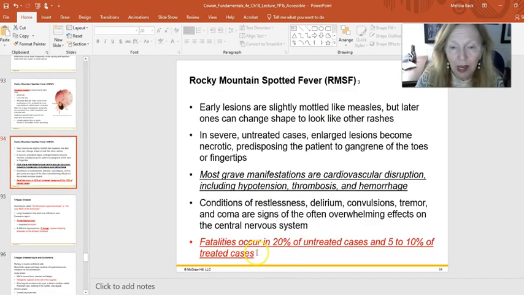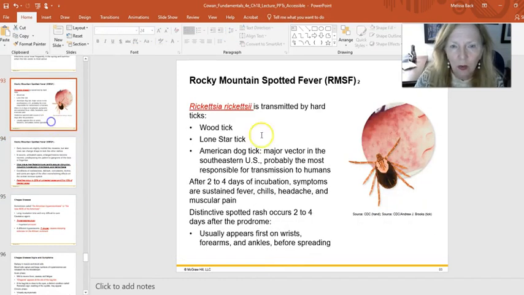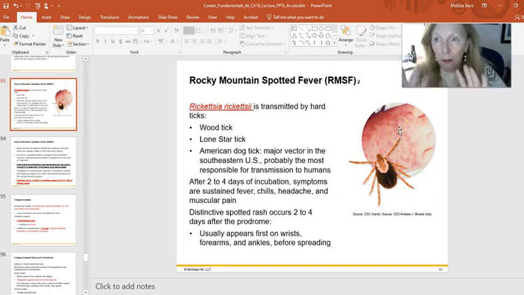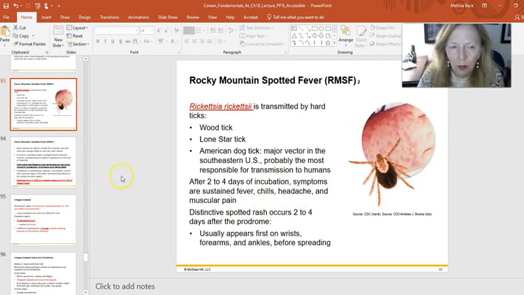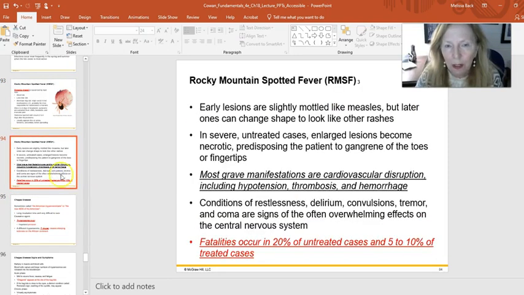One of the last patients I saw with this, it was too late. When she came in to the clinic, she had this rash all over her body, including her palms and soles of her feet. Oftentimes if you see something on the palms and the soles of the feet, that's also a clue that this is really invasive. And by the time treatment was started, it was really too late for that particular patient.